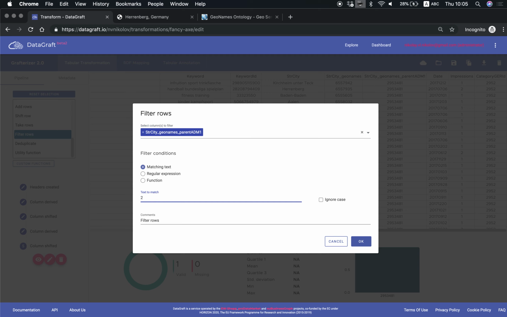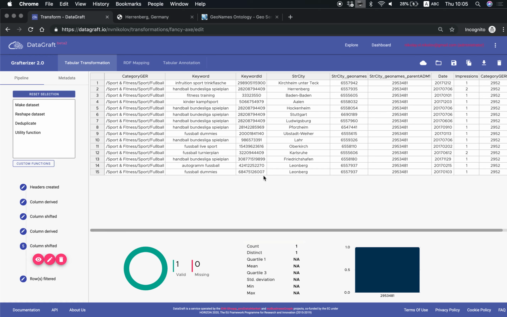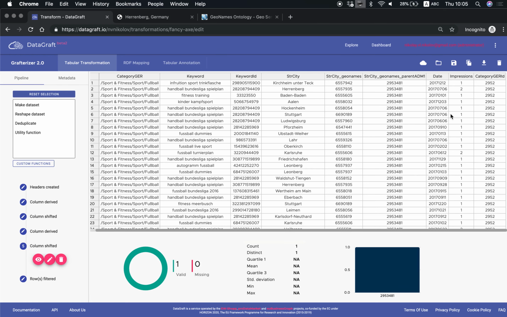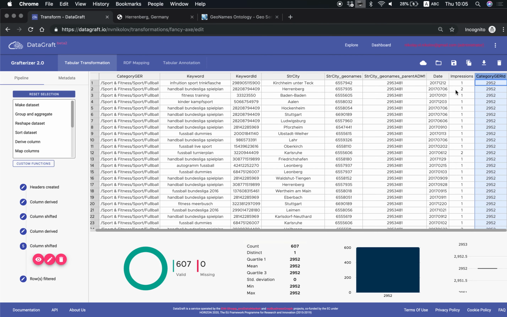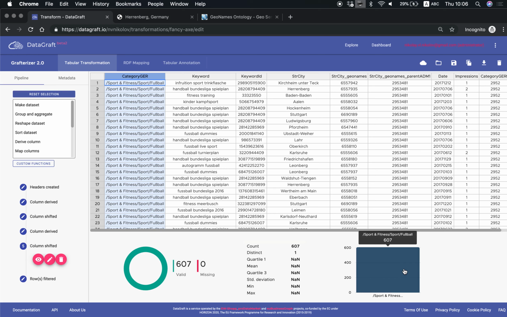2, 9, 5, 3, 4, 8, 1. Okay. And then we want only, in this case, we only have this one category. This is the category sport, fitness, football, which is already the case. So